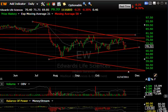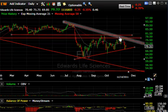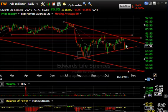shock me. Edwards Life Sciences, you can see the top came down hard, bounced to resistance, hit once, twice, formed a big wedge pattern. The last couple days, it's come down to test a support line, tried to bounce, but today backed off. Now, if it cracks here, look for a retest to the lows around 61.5, maybe even